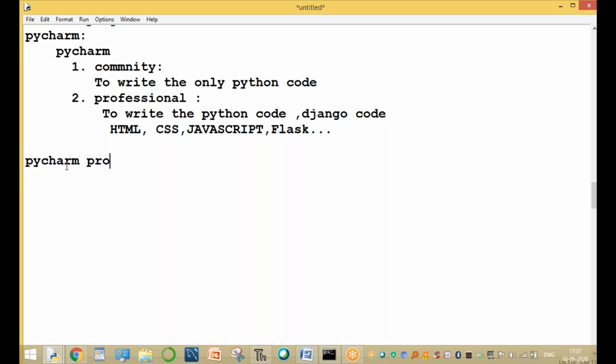How to install the PyCharm professional version?